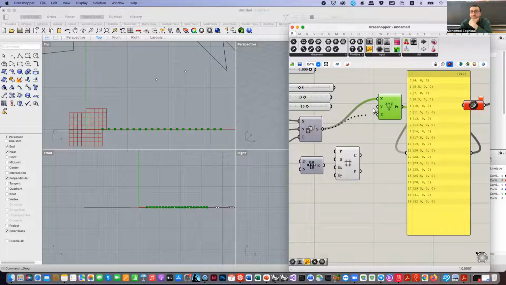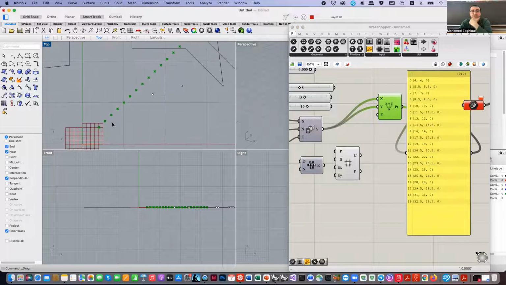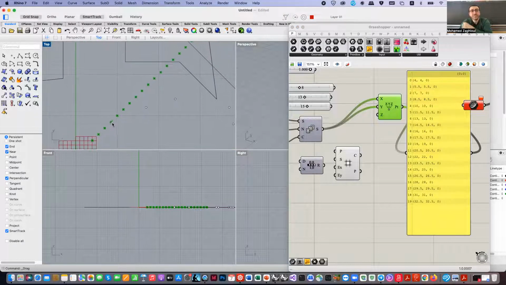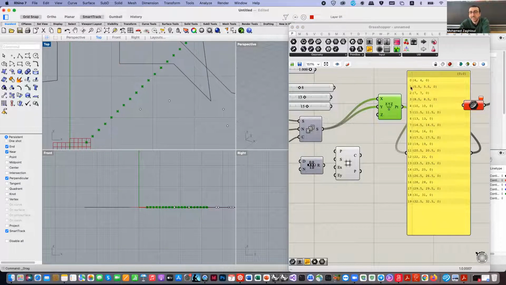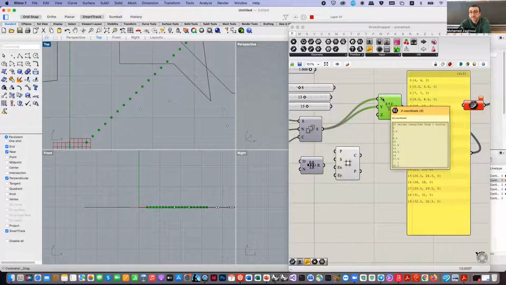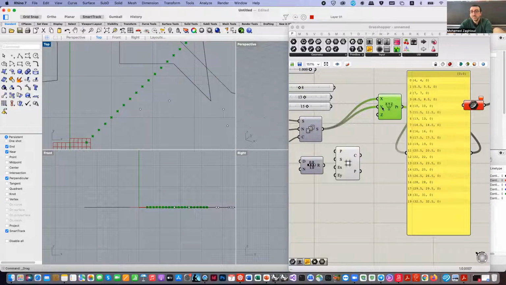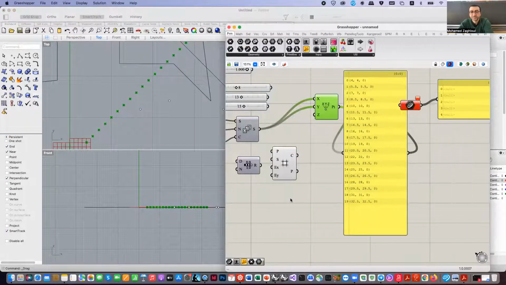The second concept we need to know: what if the inputs and the outputs now come from the same 20 values? Do you see here, the default list generation matches every input in X with the same input in Y. So now both of them have the same numbers. We will find that X and Y have the same: 4 in X, 4 in Y. And if you change any of these,